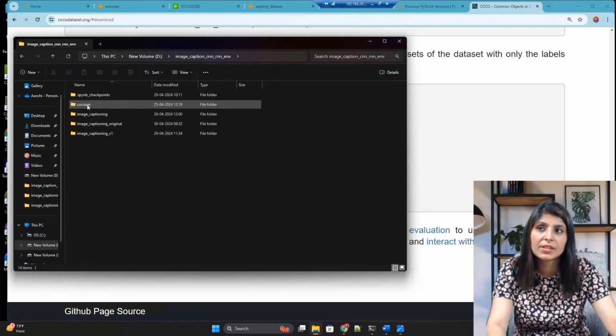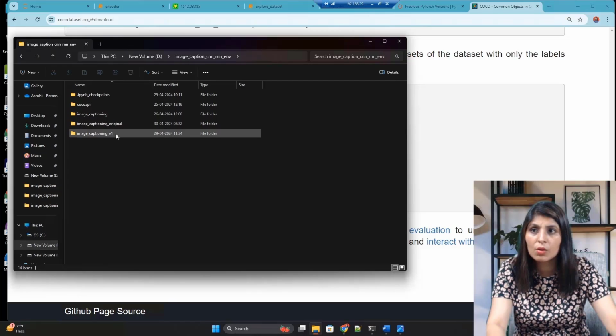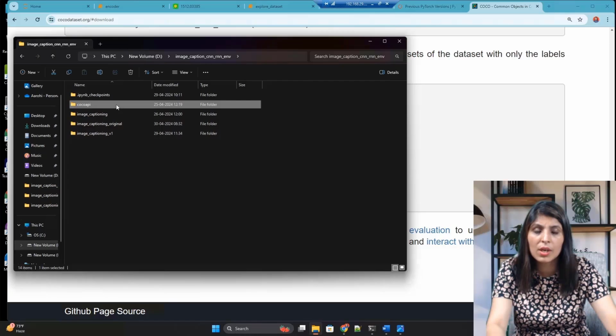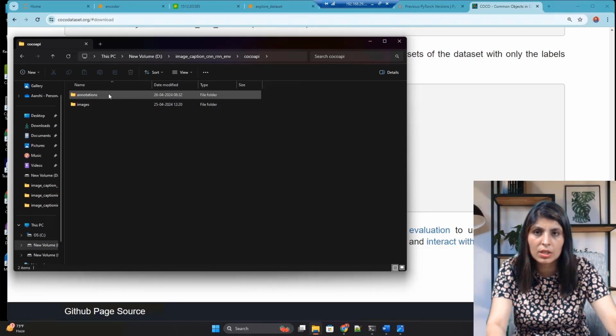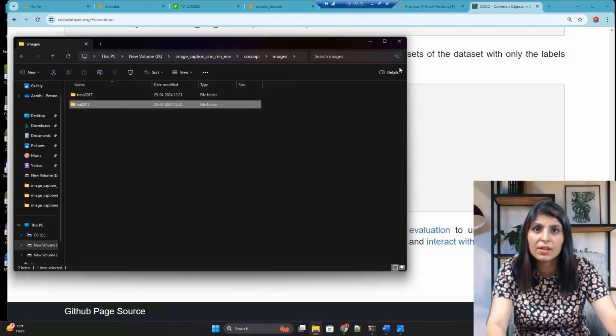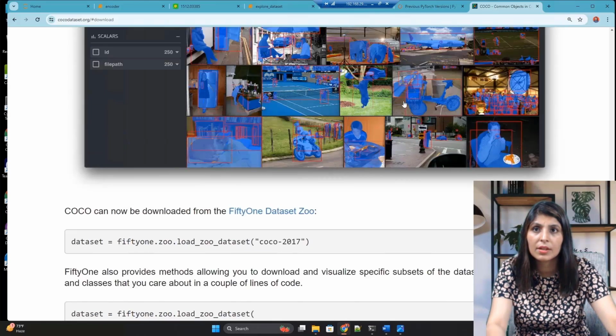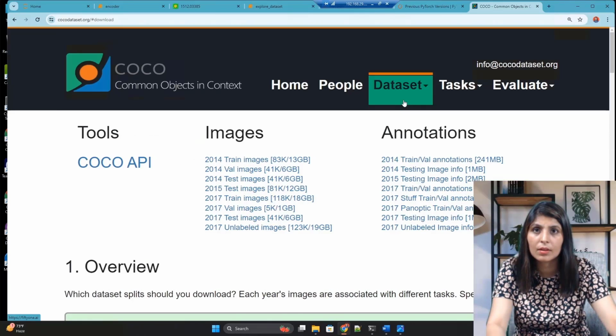Here I have the dataset, this COCO API folder. This is my code, and outside this code I have this COCO API folder, which I created myself. You also create a folder with this name, and inside that create two folders, images and annotations. Inside images I have placed the two folders, train2017 and val2017, which I got from here, the train images and val images.